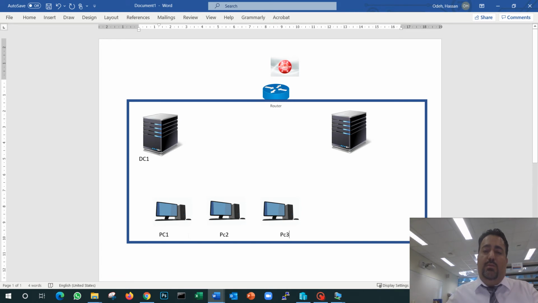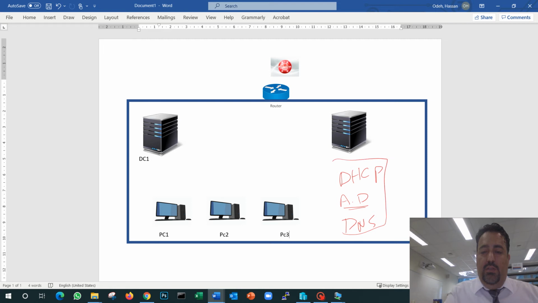Now, whenever I want to set up a server machine for the first time, I have to think about the stuff that I need on my network. On my network, I will definitely need a DHCP. Good. I will need a domain controller, which means Active Directory. Good. And I also need DNS, so I can have the domain name stuff. So those 3, you can either install them on one machine or 3 different machines. It's up to you. But because I am a very small company with a very small business, I'm going to put the DHCP and the Active Directory and the DNS on the same server.